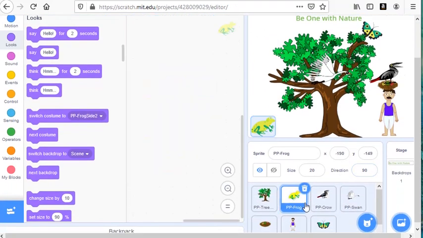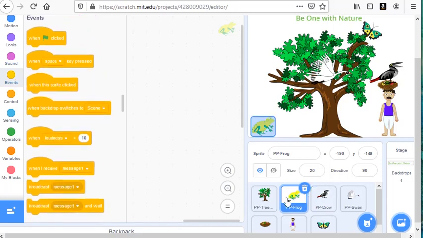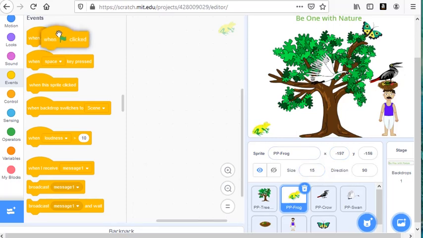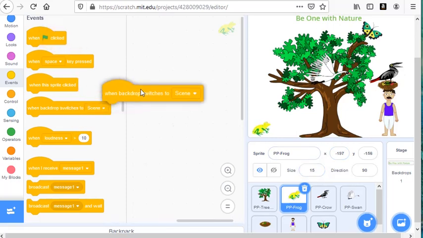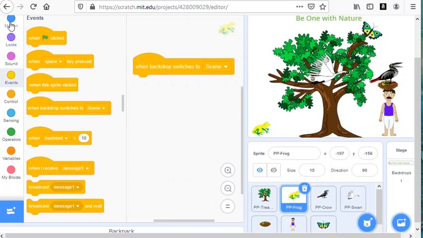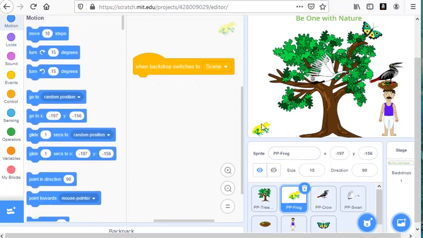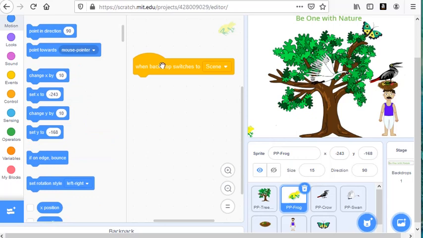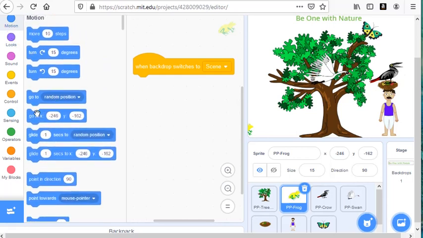So I'm going to click on frog. So again, did we say we're going to make it slightly smaller? Maybe 15. You know the drill now. When backdrop switches to scene, we want the position to be set. So with the frog, we're going to set the start here. Now when backdrop switches to scene, we're going to set its initial position here,